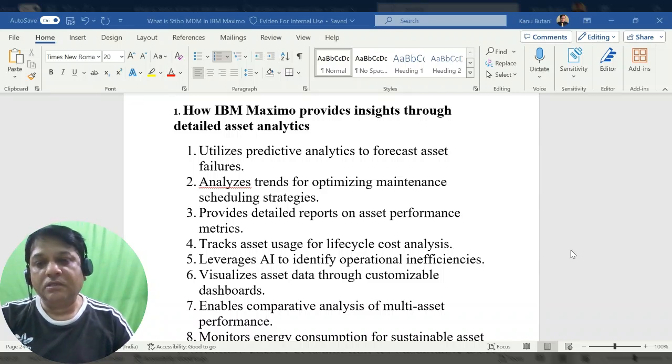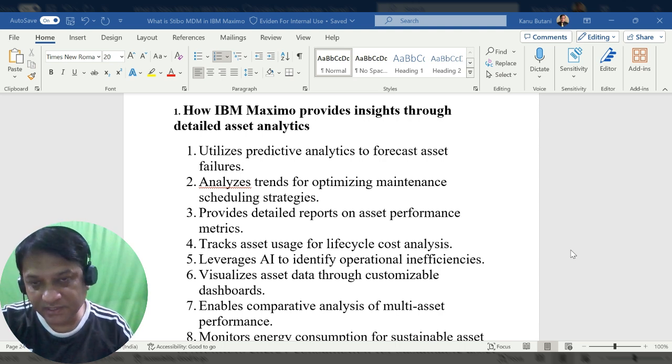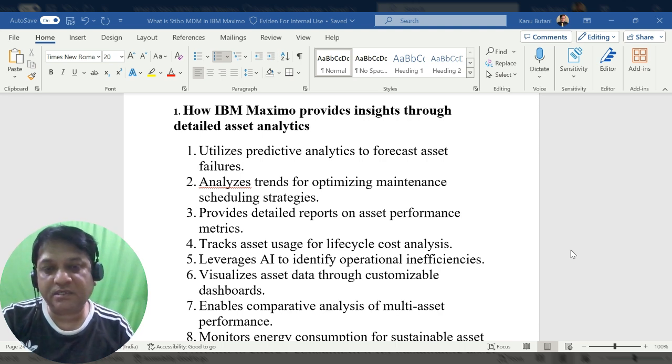Hi all. So today we will be seeing how IBM Maximo provides insights through detailed asset analytics. It utilizes predictive analytics to forecast asset failures, analyzes trends for optimizing maintenance scheduling strategies. It provides detailed reports on asset performance metrics, tracks asset usage for life cycle cost analysis, leverages AI to identify